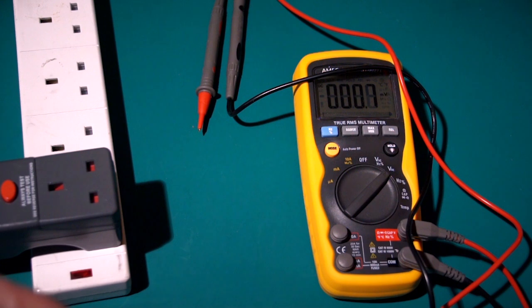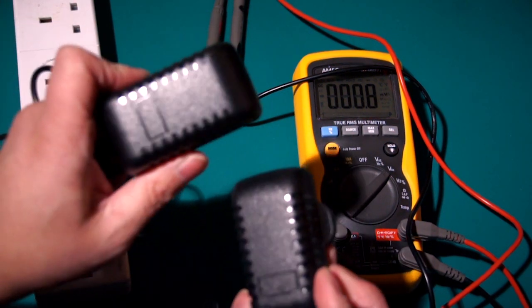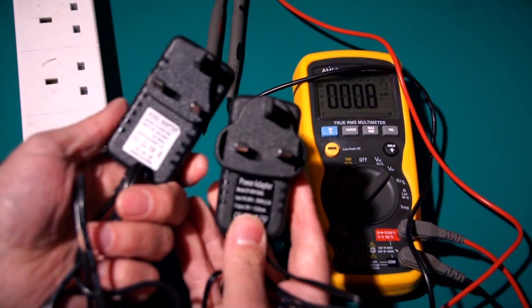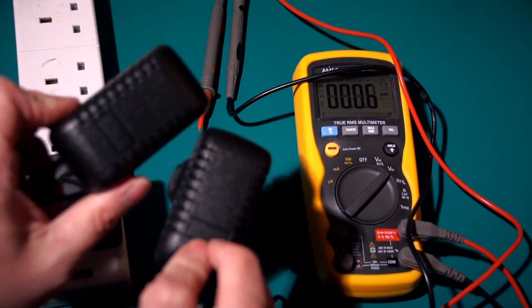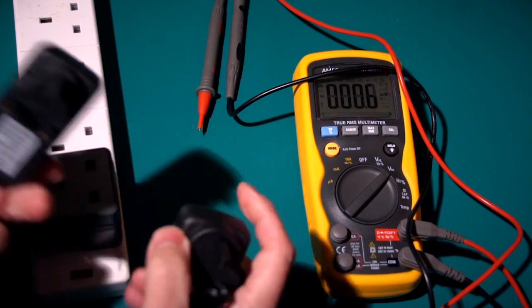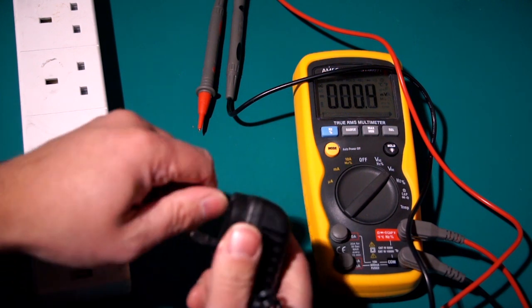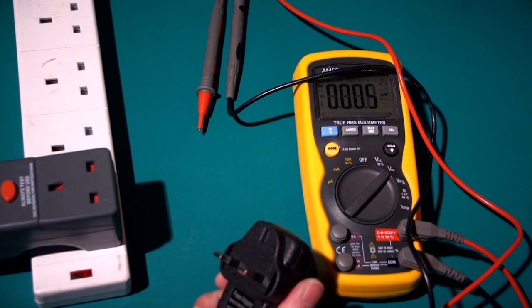And if I didn't have much confidence in the other one, actually they're very similar design, aren't they? Look at them. They've got different labels on them, but the backs look very similar. But you can see a slight difference there in the plug unit. Sometimes the earth pins on these things can be very